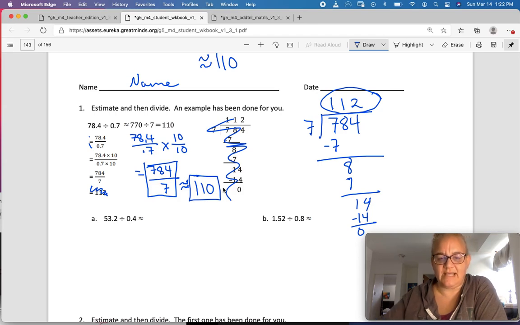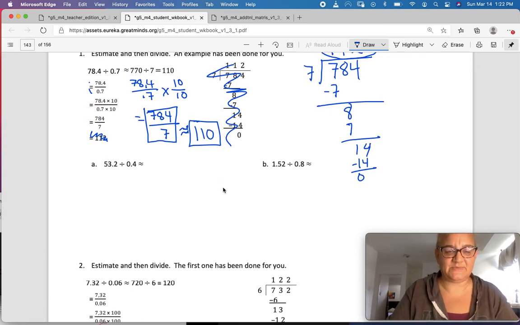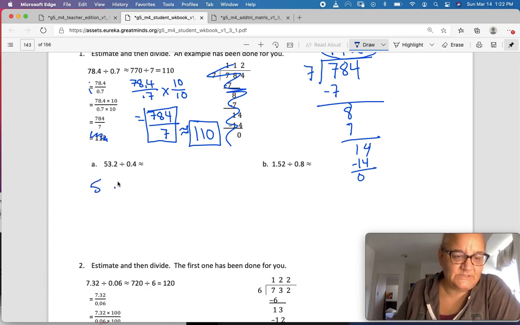Okay, now let's try it. I'm going to try and write a little bit smaller. I take up a lot of space sometimes when I write, so let's see here. Okay, 53 and 2/10 divided by 4/10. Okay, so I'm actually going to rewrite that as a fraction. 53 and 2/10 divided by 4/10. And I'm immediately going to move that decimal over by multiplying 10 over 10, and that's going to give me